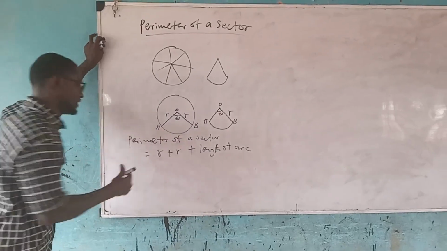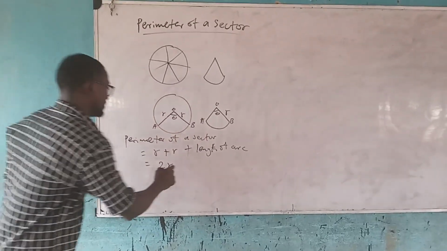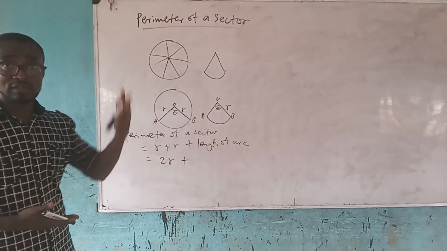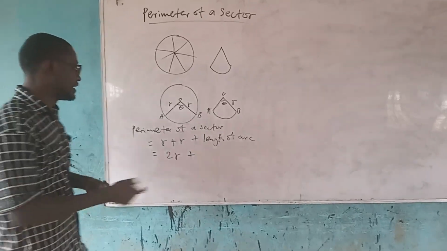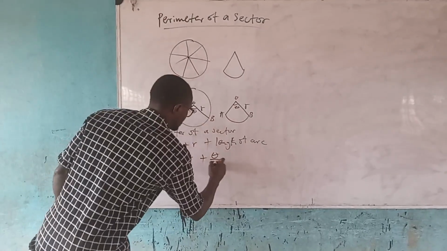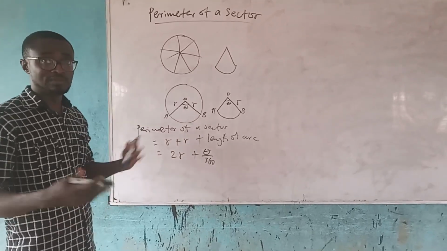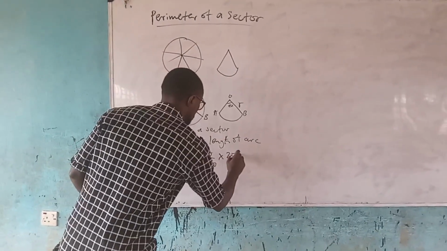How many radii do you have here? That is 2 radii, right? Then plus the length of an arc, which I told you is a fraction of the circumference of a circle. Meaning that the angle here is theta, which is this angle here, okay? All over 360. Then multiply with the circumference of the circle, same as the perimeter of that circle, which is 2 times pi times